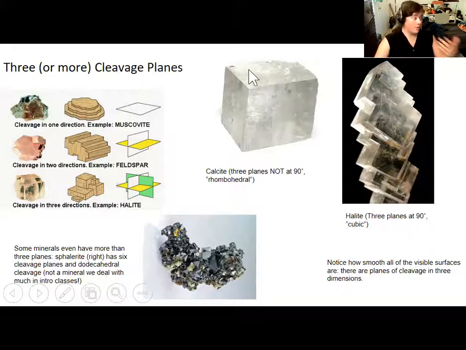The front is smooth and so is the back. The sides are smooth and the top and bottom are smooth. Calcite has very well-defined cleavage, and when you break calcite up, often you can just find lots of calcite crystals